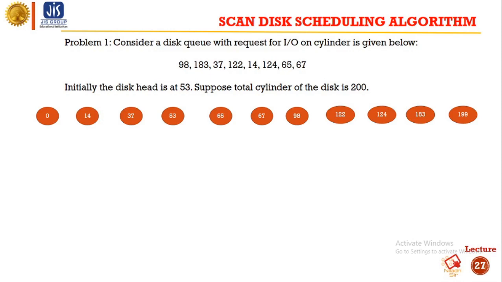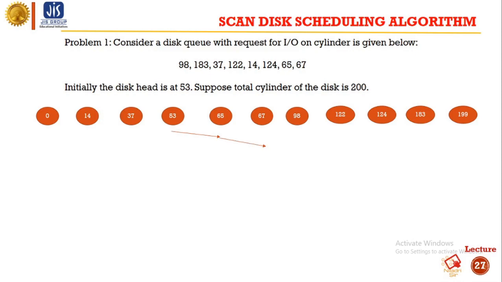Next, as we know, our head is at position 53. In the case of the scan scheduling algorithm, we can move in any direction from 53. We can move from 53 to 37, or we can move from 53 to 65 also. Here we will move from 53 to 65, and from 65 we will move to 67.